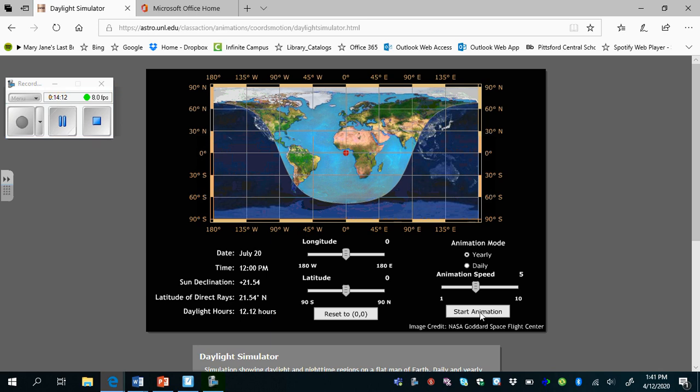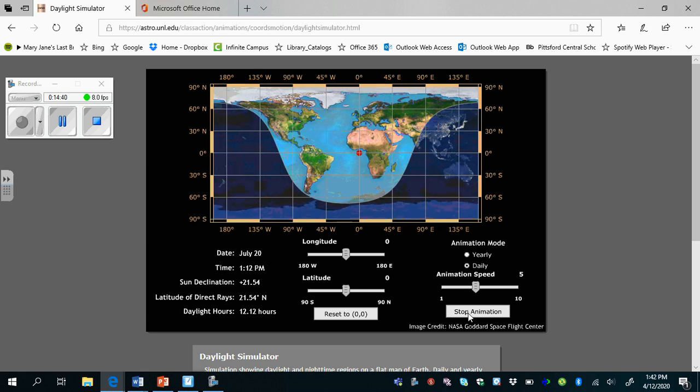For example, if we stop the animation here, this is July 20th. This is summertime in the northern hemisphere. In other words, look at the North Pole. Since the northern hemisphere is tilted towards the sun, the North Pole will have 24 hours of daylight. So we were just looking at the yearly variation. If I were to click on the daily variation here